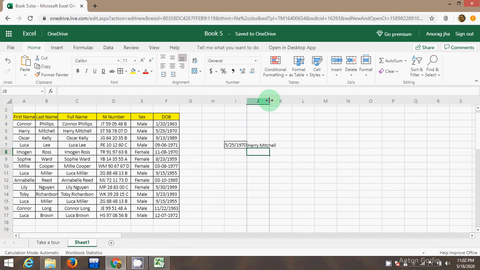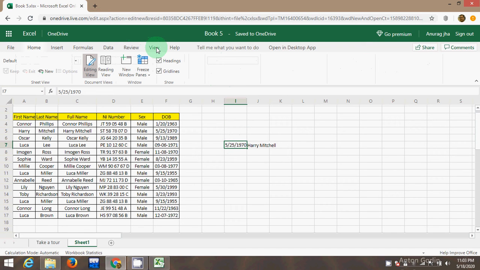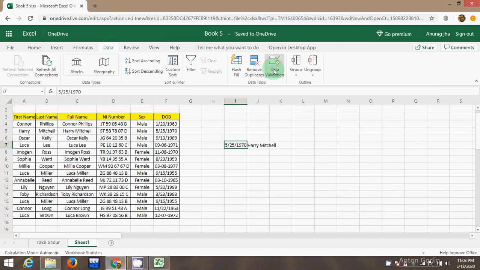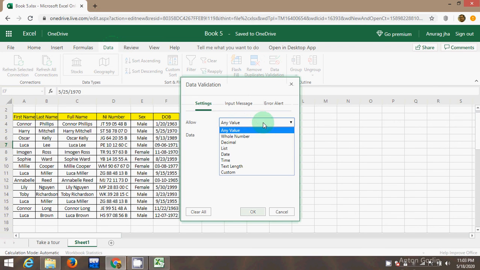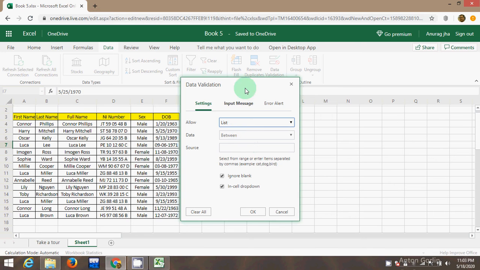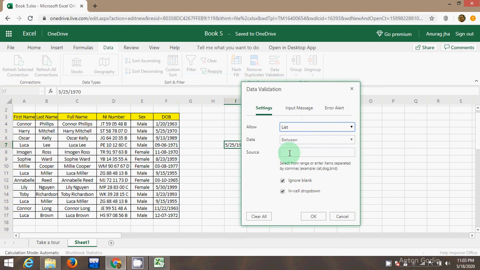Now we can see that our XLOOKUP works here. For the date 25/5/1970, the full name is Harry Mitchell. Now I am just applying conditional formatting here. Source is date of birth.